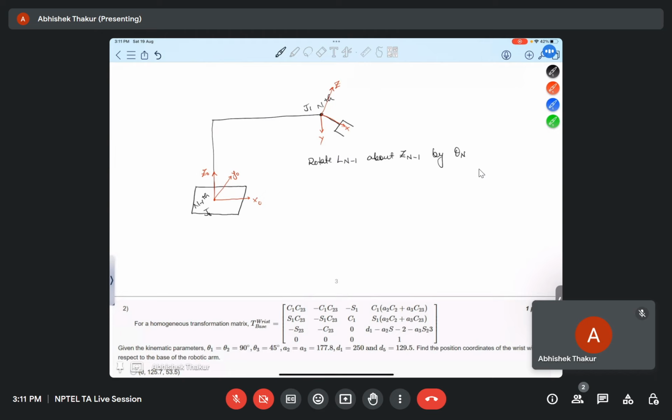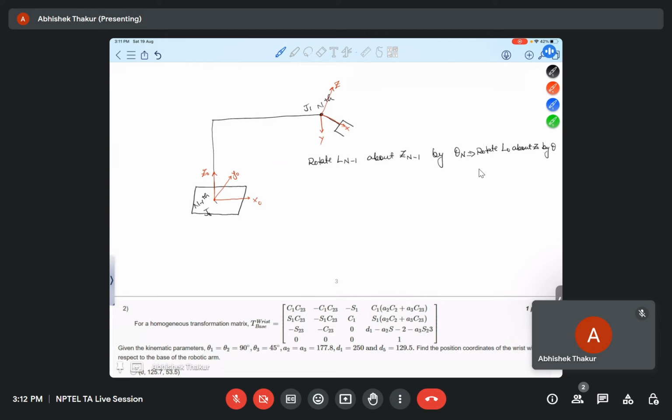So in this case, this will be equivalent to rotate L naught about Z naught by theta. So when you rotate it by theta, our x will go in this direction,